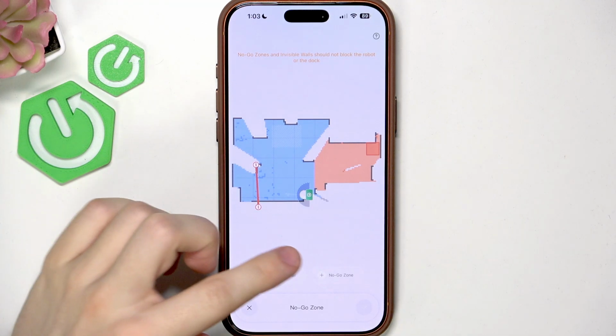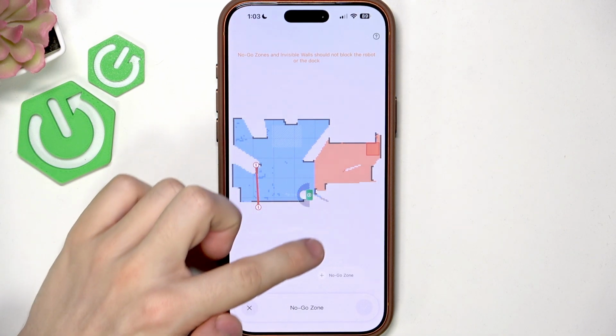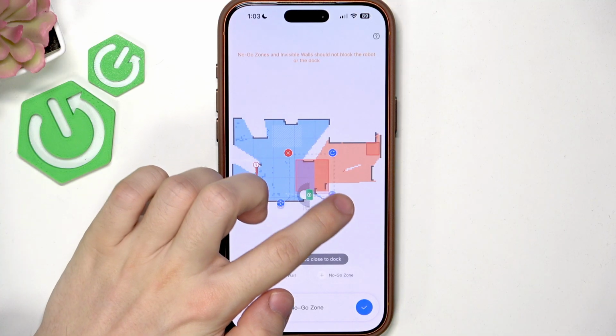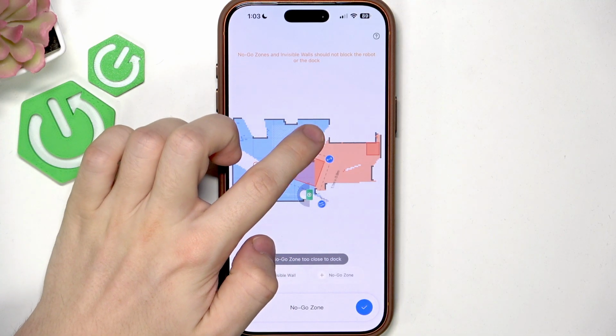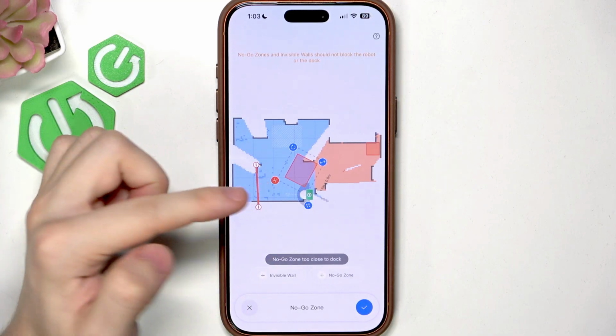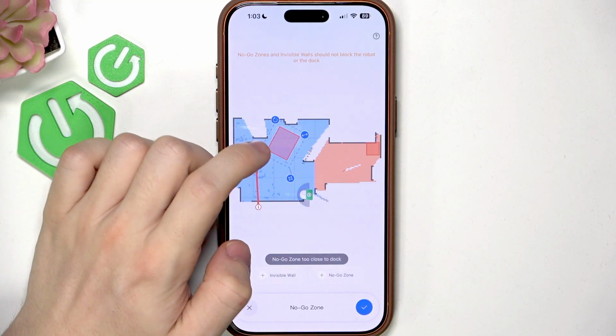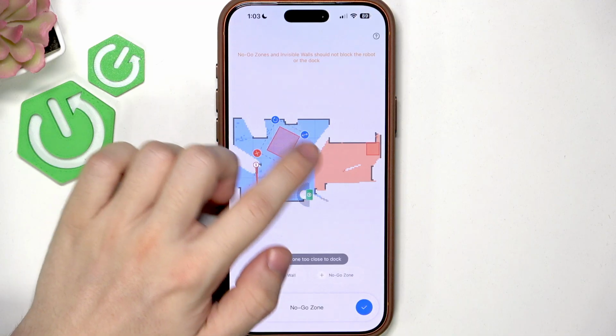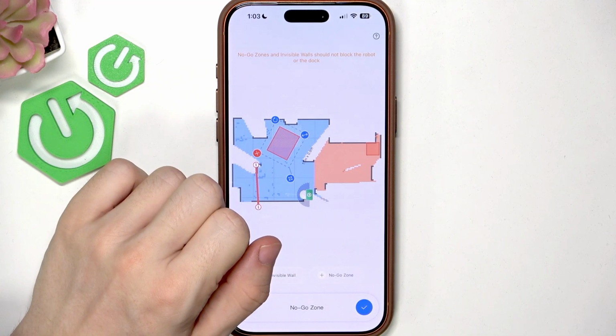Then you can also add a no-go zone, which I also have here. You can resize it, you can rotate it, you can move it or delete it and place it anywhere, and it won't go. It will just go around